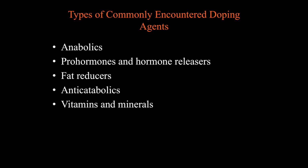So what kinds of doping agents are out there? Well, they fall into these categories here. We're going to cover a lot of the substances within these categories over the course of this course. They fall in the category anabolics, prohormones and hormone releasers, fat reducers, anticatabolics, vitamins, and minerals. So let's just take a look at these briefly here